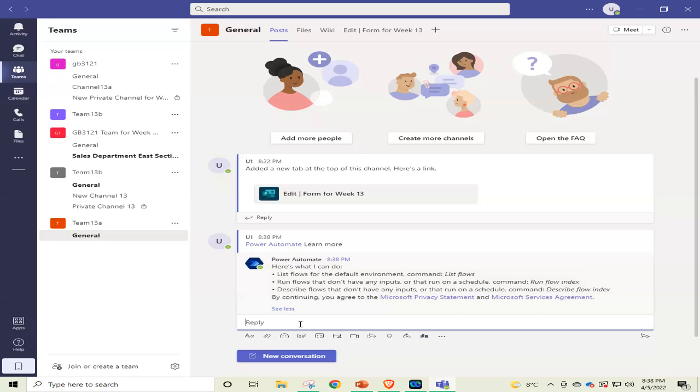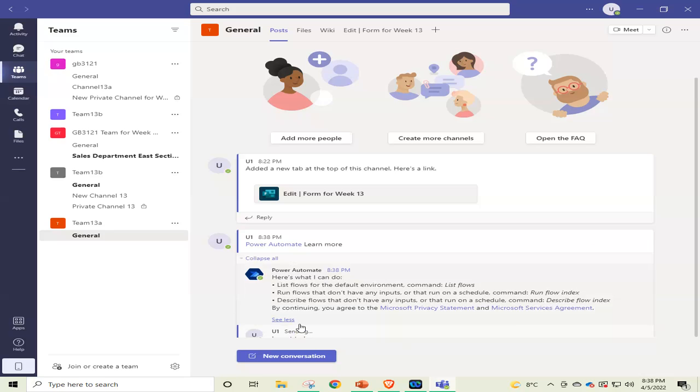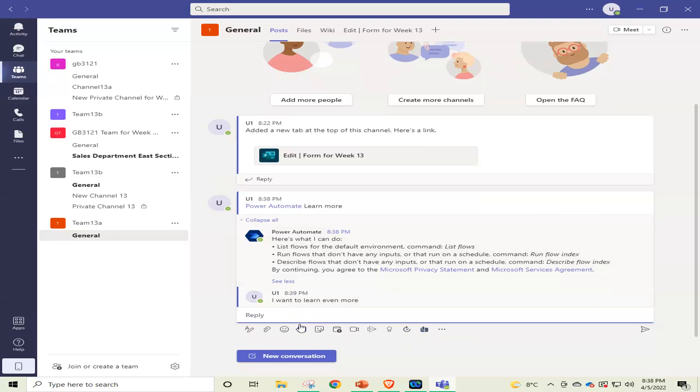Let me just write an answer. I want to learn even more. So let's see what answer comes from the bot. And let's see if the bot understands my question, what he is suggesting. No answer.